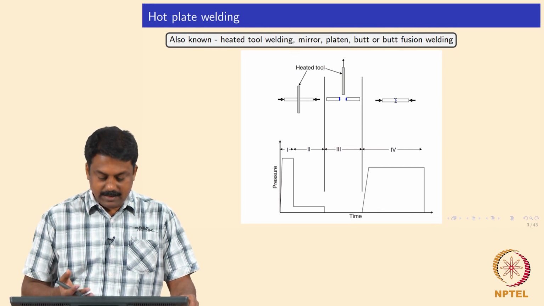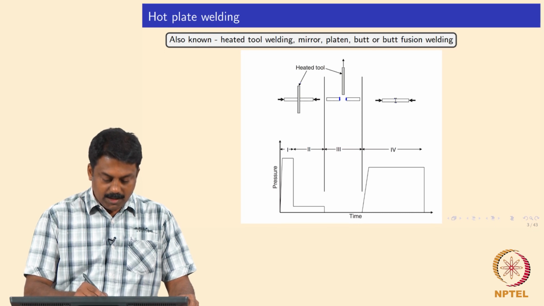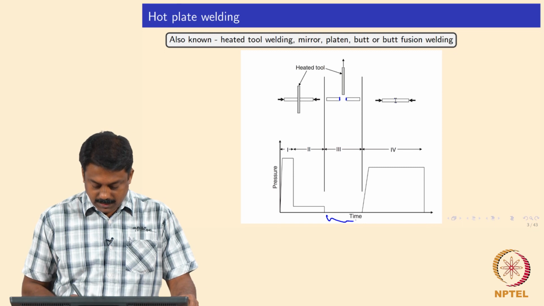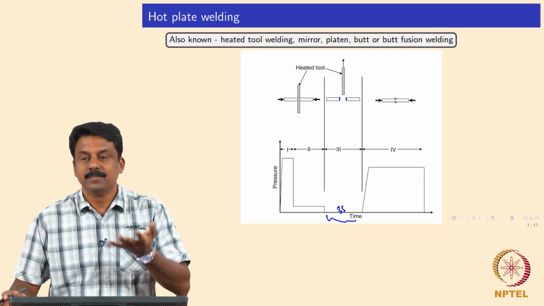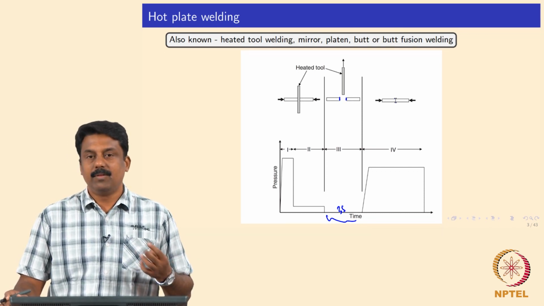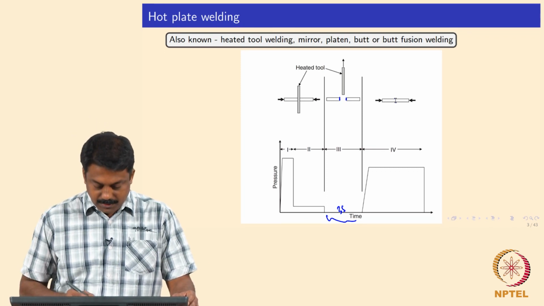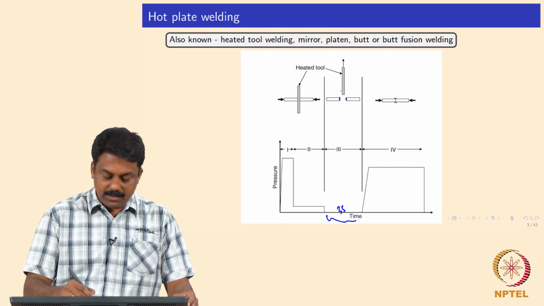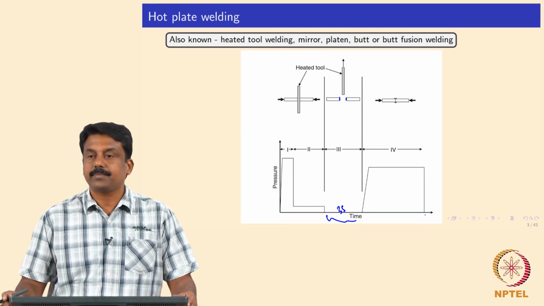This process is very simple. You apply some pressure with the tool and then the tool is withdrawn. This time is very critical, generally about 3 seconds, not more than that. If you leave the time interval more than a critical limit, the molten interface would solidify immediately. So, you have to make sure the tool is heated, the interface is molten, and the tool is removed immediately. Upon removal of the tool, you do an upsetting.